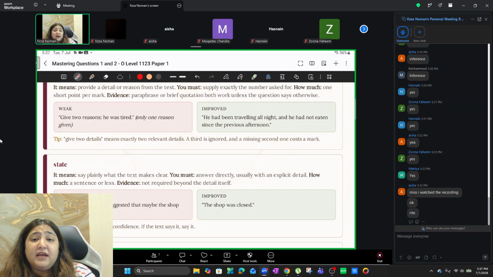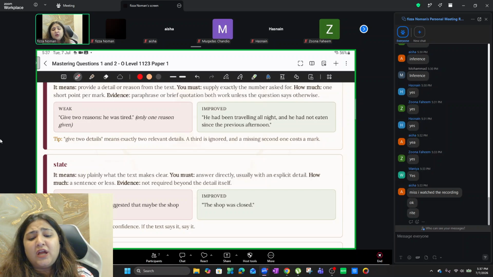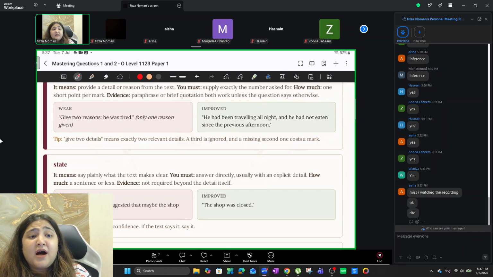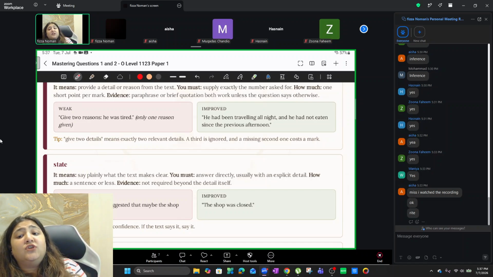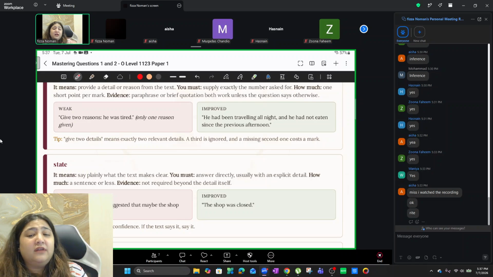So, bachcho, understand that Cambridge will not pick your 2 best out of your 3 given. Let's suppose you think, okay, let me write 3, and the examiner will try to figure out the 2 best ones and give me marks. No, they will mark the 2 that come first and they will ignore the third one, even if your third one was the best. So write those that you are most familiar with, or that you know for a fact are absolutely right answers. And the one that you are a little skeptical about, leave that for the end. All right? Anyway, I will tell you to only write down 2 points. That's important. Are we good so far, bachcho?